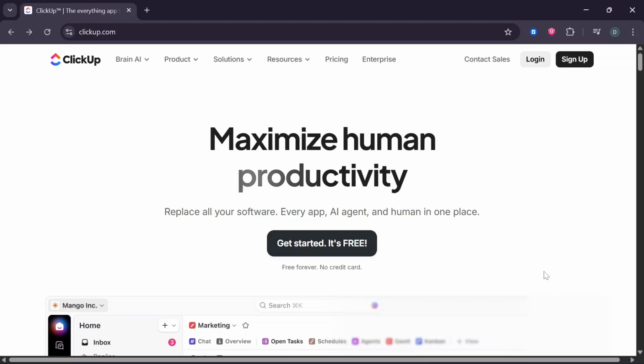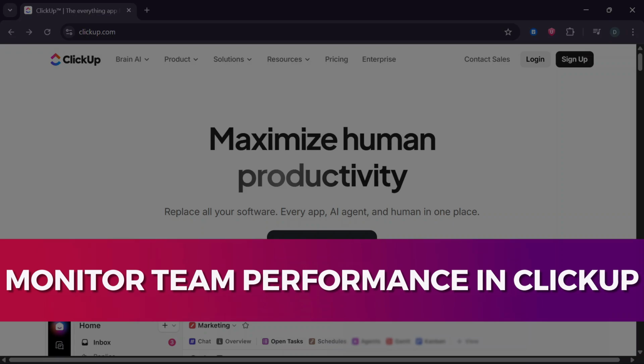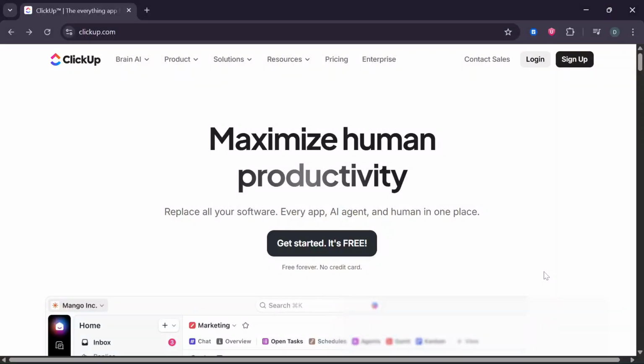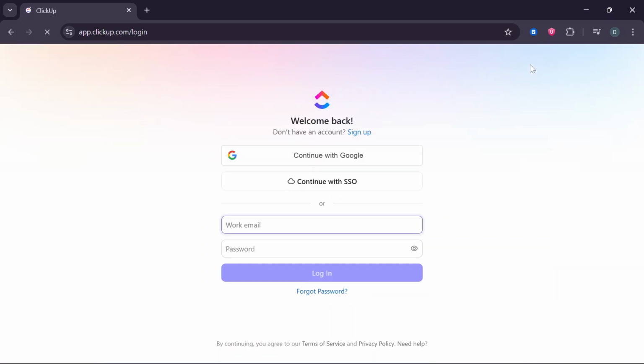In today's video, I'm going to show you how to monitor team performance in ClickUp using the built-in workload view. Whether you're managing a growing team, trying to balance workloads more effectively, or you simply want a clear overview of how much your team is working at any given time, this simple step-by-step guide will walk you through everything you